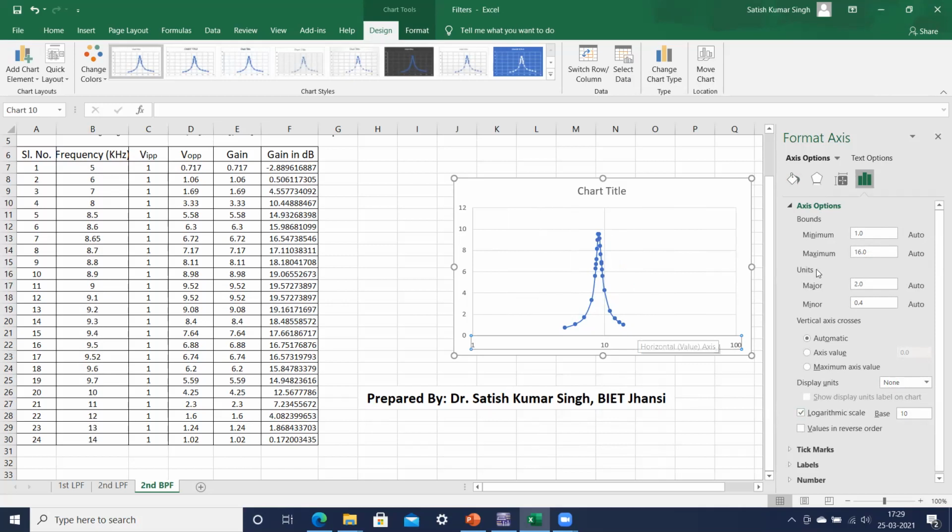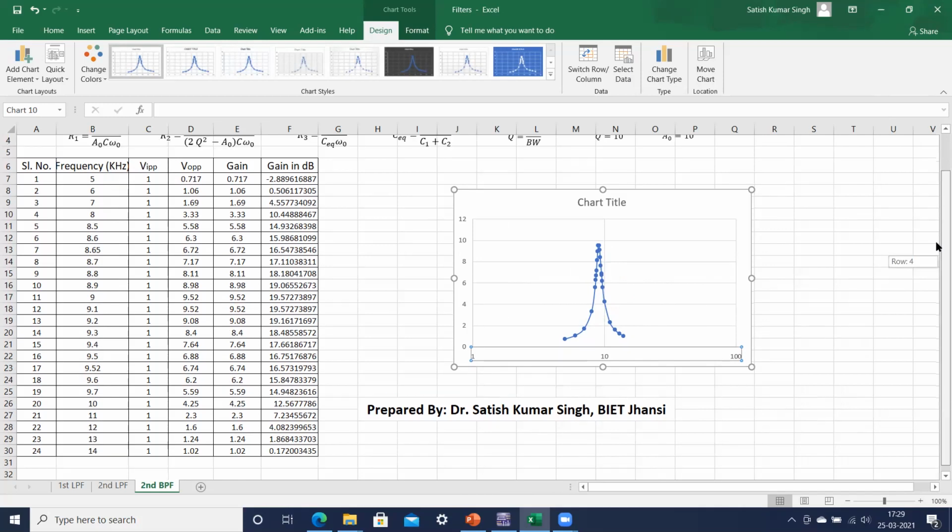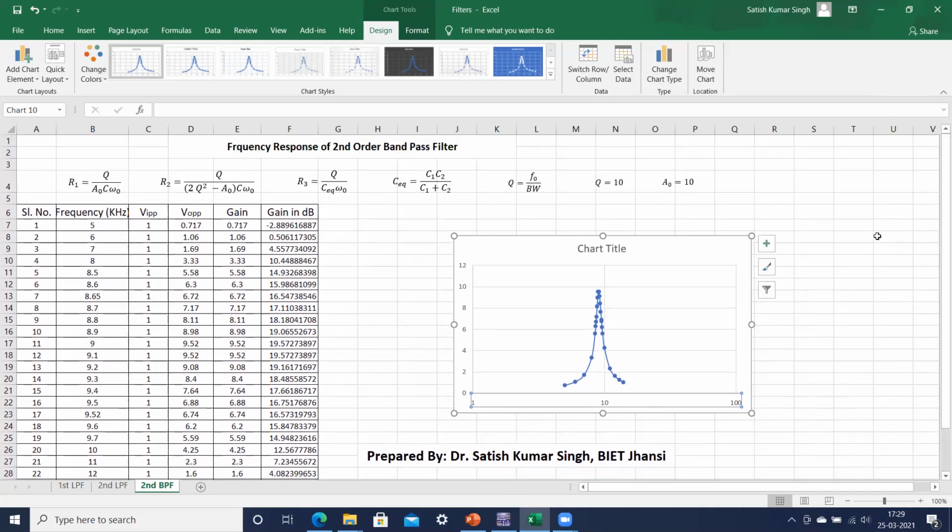So I hope this discussion is clear. You must be able to design the filter based on this designing equation. You remember this equation, it is a very important equation. In the communication lab, when I discuss the further experiments, this equation is very important. Accordingly, we have to keep on designing the different filters with the different central frequency requirements. It may be 10 kilohertz, it may be 20 kilohertz, and based on this we have to design all our other experiments. So I hope this experiment is clear.